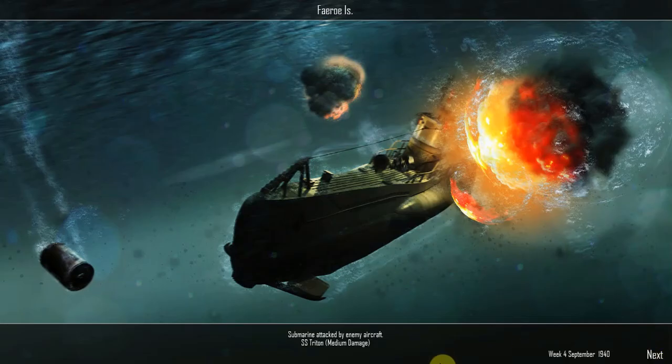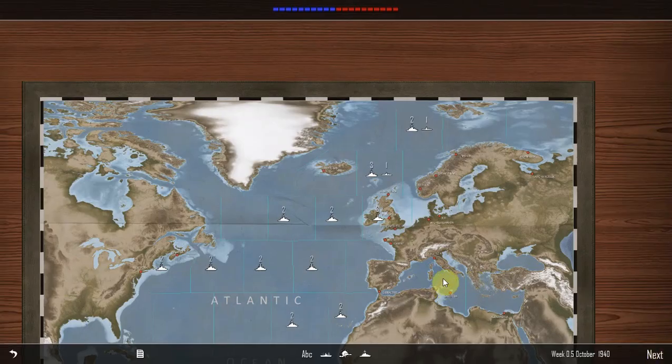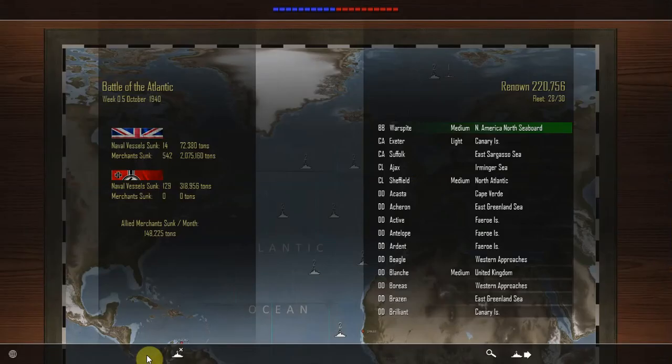Faroe Islands, week 4 of September 1940. Submarine attacked by enemy aircraft. SS Triton, medium damage. So the Triton has been attacked. But this episode has gone on for way longer than I wanted it to go on for. Before I go, quick look at the